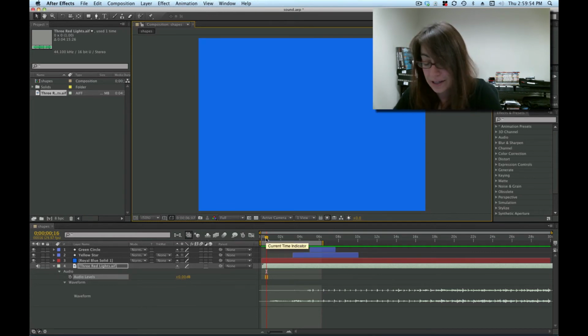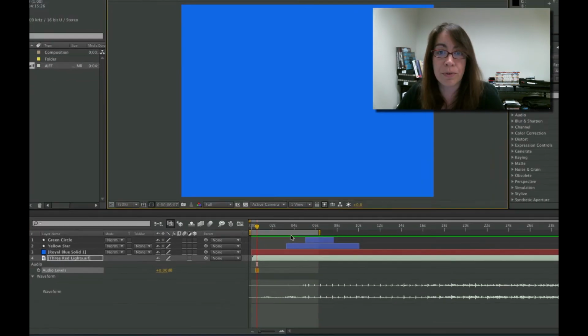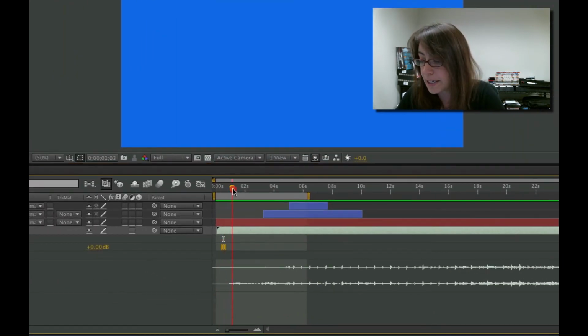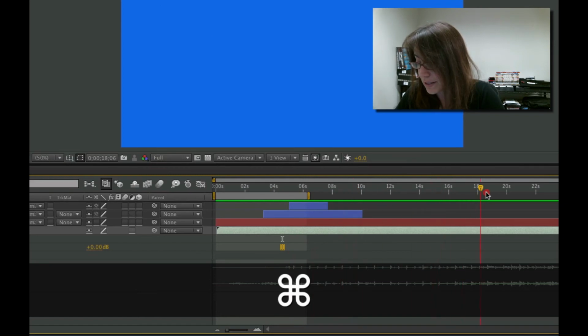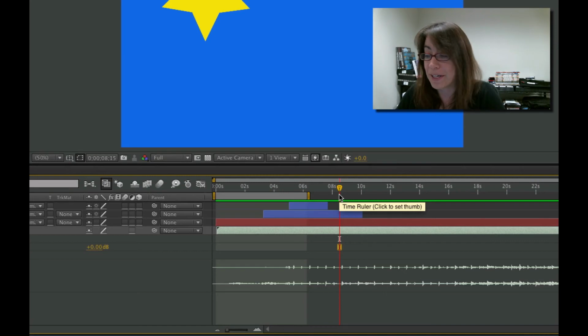The other element that we want to show you is that if you want to scrub through the timeline and basically hear what's happening as you're dragging the playhead along, you have to hold down on the Command key. So if I hit the Command key and I click and drag, you can hear the sound of the audio scrubbing. So sometimes you want to just kind of hunt and find a spot,